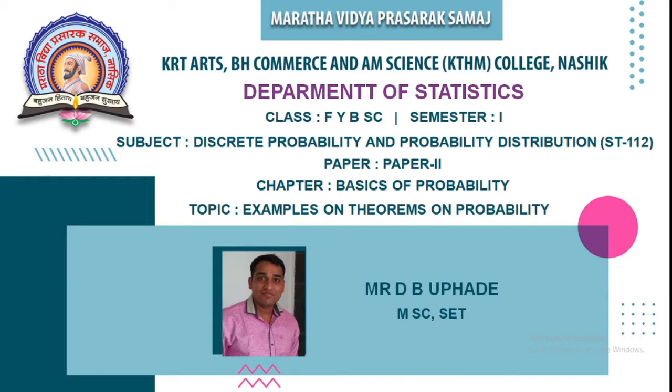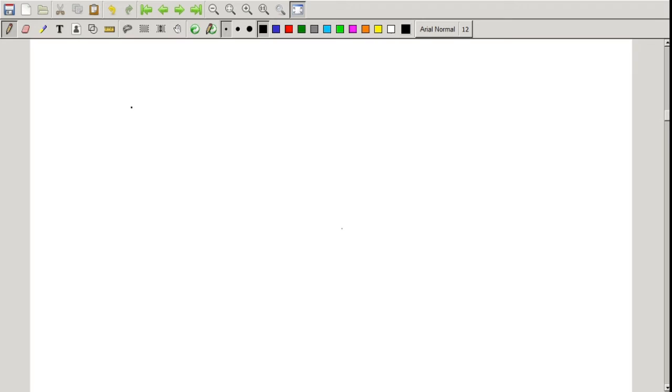In the last lecture, we have seen some theorems on probability. So in this lecture, we are going to study the examples on theorems of probability, examples on addition theorem and inequalities. So the first example is